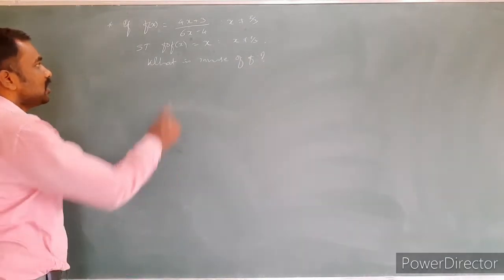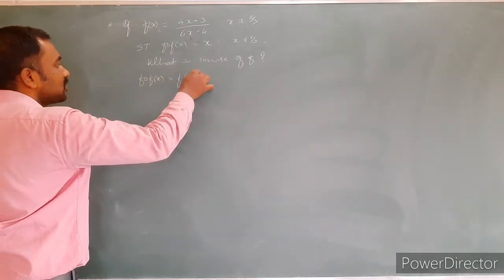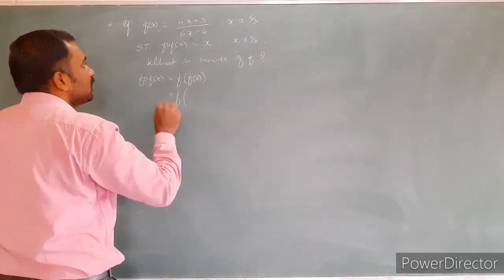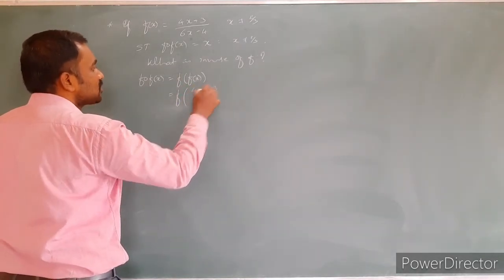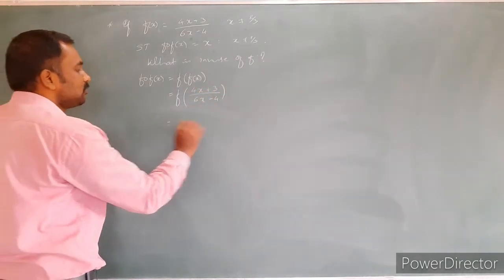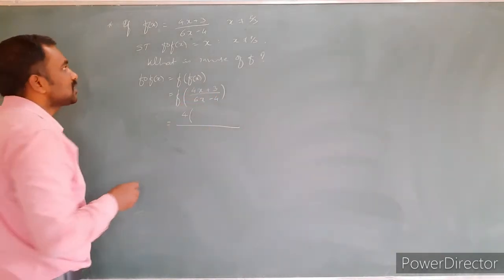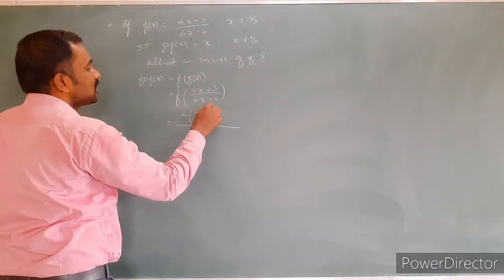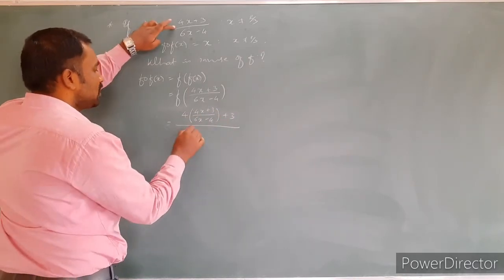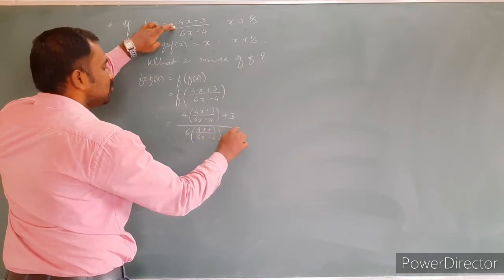Okay. So first of all let us prove the composition of the two functions, f circle f of x, f of f of x. You already know this, familiar from the previous video. f of x is nothing but 4x plus 3 divided by 6x minus 4. Again it is f of x form: wherever x is there, replace it with 4x plus 3 divided by 6x minus 4. So we get 4 into 4x plus 3 divided by 6x minus 4 plus 3, whole thing divided by 6 into 4x plus 3 divided by 6x minus 4 minus 4.